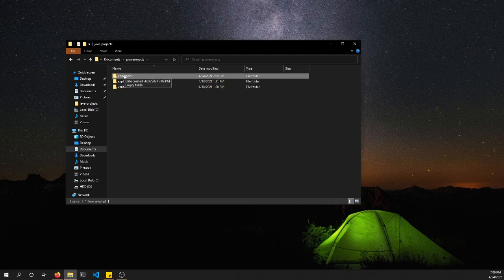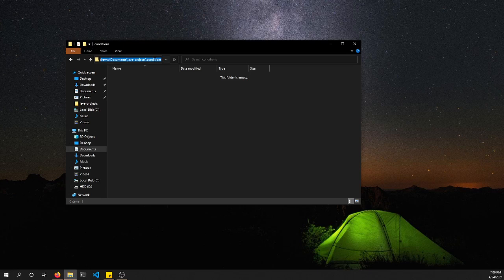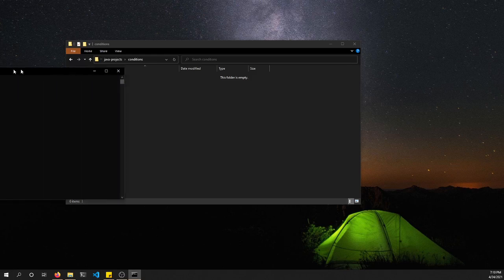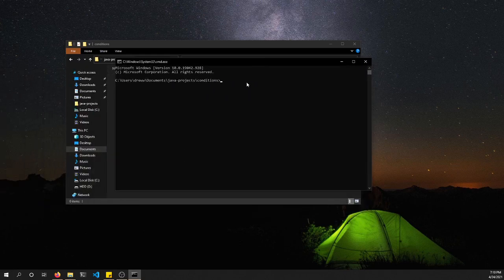So this is going to introduce us to a new chunk of Java material. So we're going to go into the Conditions folder like we did before, and we're just going to type CMD up here to bring up our command prompt window, and we're going to type gradle init. Again, like we've seen before, Gradle does take a little bit of time to boot up the first time you run it, and I have definitely restarted my computer since the last time we ran Gradle. So it's going to run, boot up,